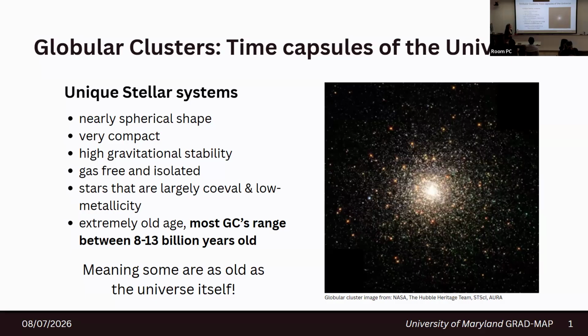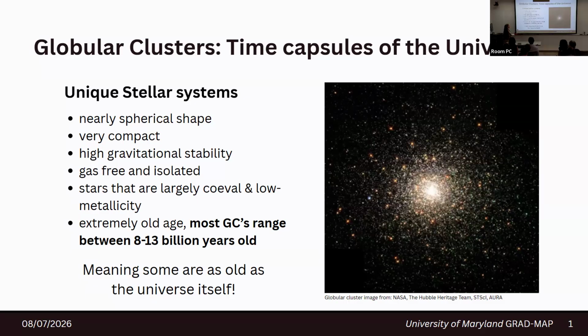And why do we care? So globular clusters are a unique stellar system, characterized by a few key features, mainly that they are nearly spherical and have high density cores. They are gas-free and located around the edges of our galaxy, so isolated. Most of the stars in these very large, very massive systems are coeval and low metallicity, but most importantly, they are very gravitationally stable and extremely old, with many of these globular clusters having formed 8 to 13 billion years ago, almost as old as the universe itself,